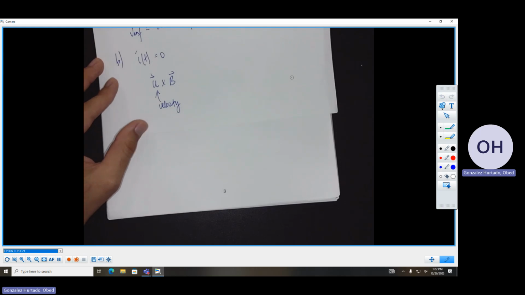Yes, that's that one. Yes, that's the magnetic one. So Q would be